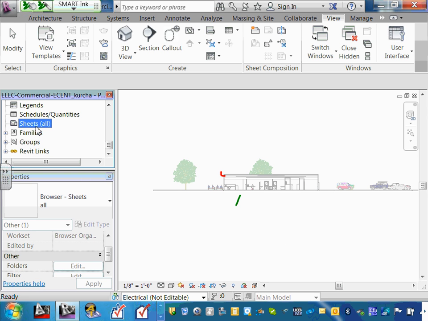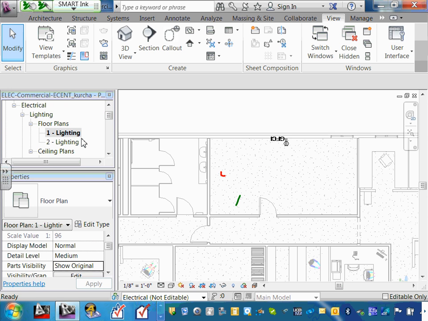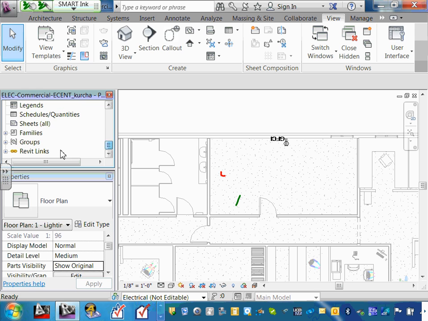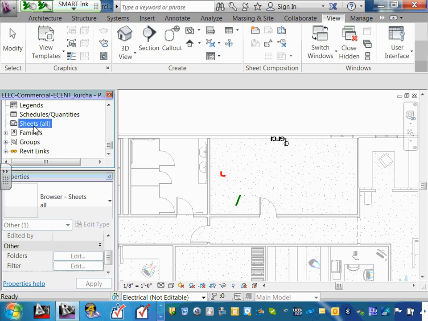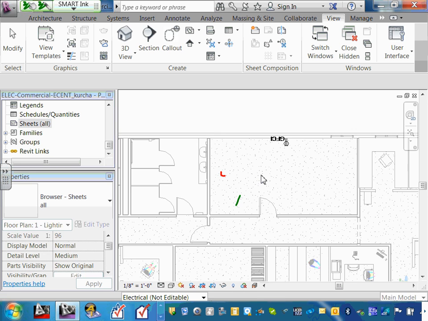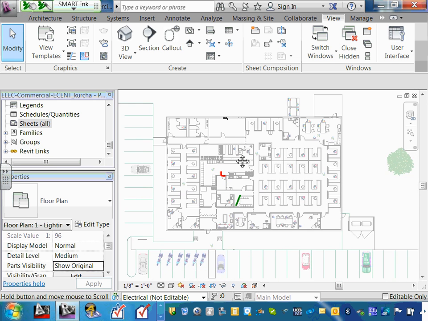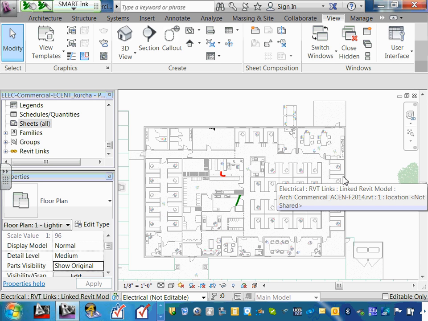I'm going to go to sheets, and I want to do the view. Let's go to view, power, lighting. Here you go, and I want to go to sheets. Okay. Now do me a favor, and I don't expect you to remember all this, guys. It's just a quick review. When we do the sheets right here,